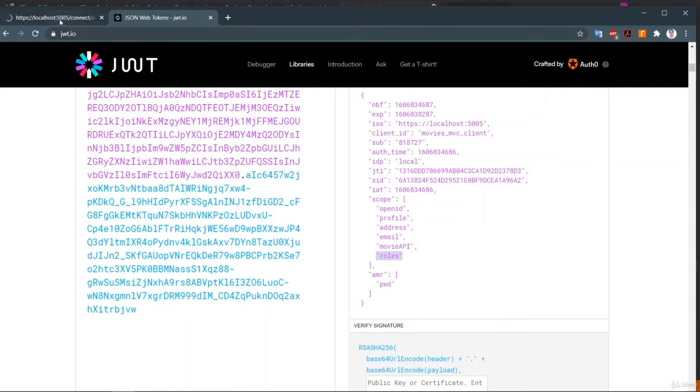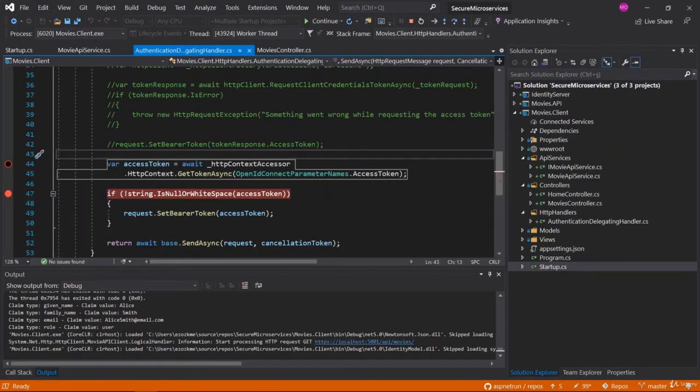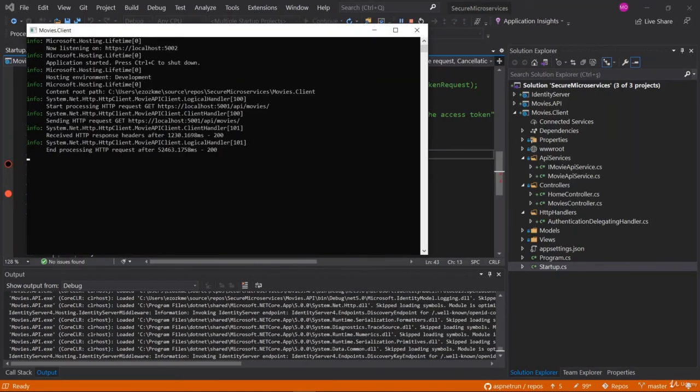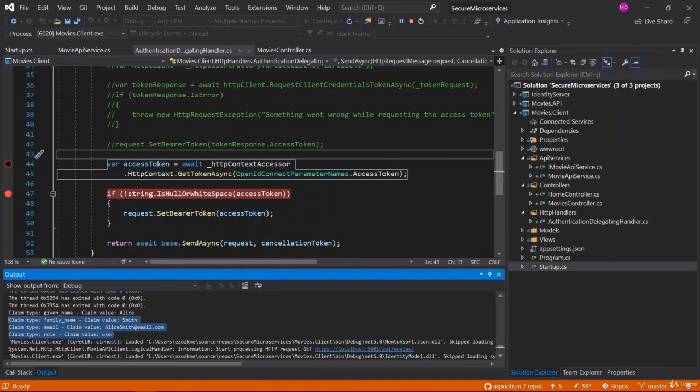So basically we managed to get the role information in our log and also in the generated token. So let me hit F5, and you can also check the role information in here. As you can see, our debug output log information is written to the output window. You can verify the role information as user.